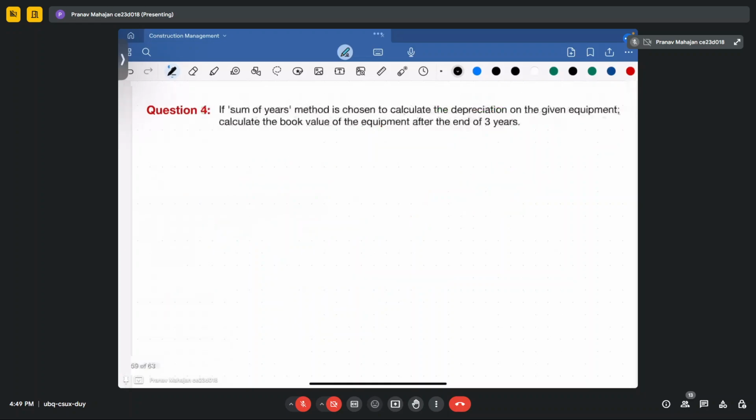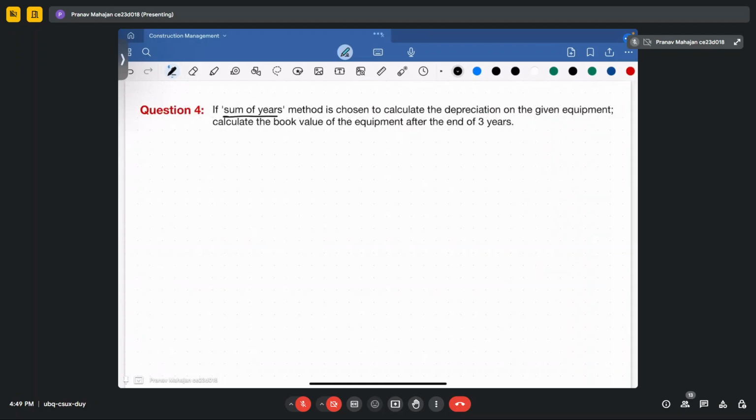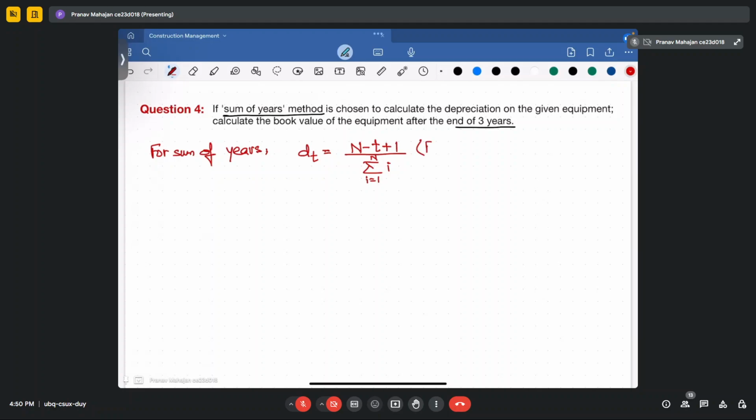Okay, so now if you calculate the depreciation based upon the sum of years method at the end of 3 years, how will you calculate it? So for sum of years, your decrease in depreciation is equal to n minus t plus 1 divided by summation of I from 1 to n of I, times P minus S. However, in other words, let's see the simple way. So that means after 1 year,